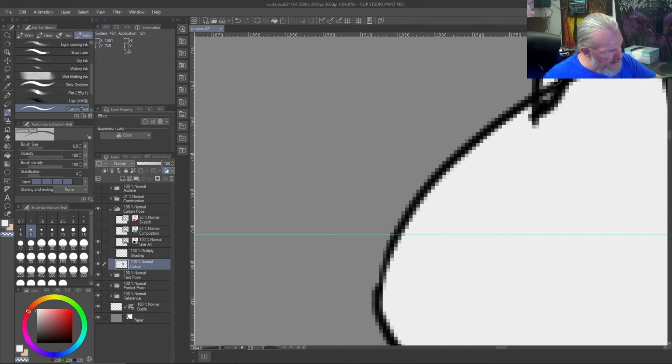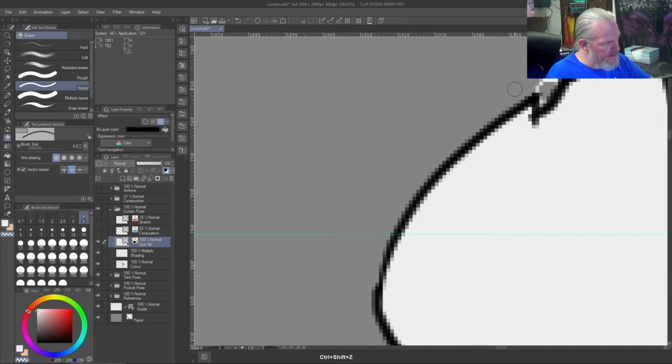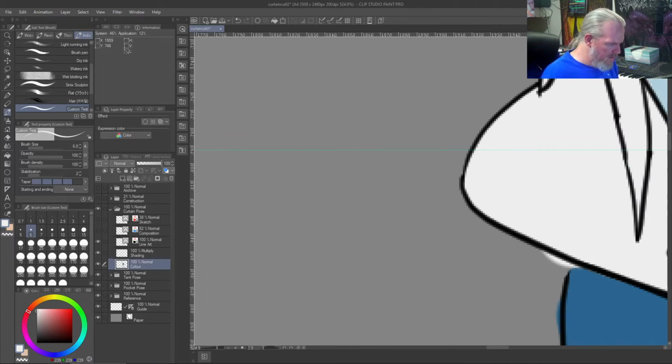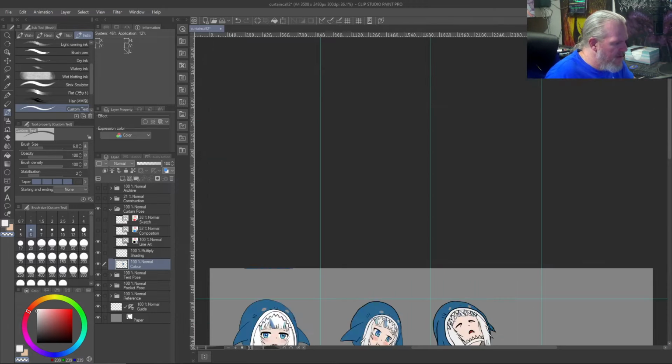Is that just, yeah, that's just a little messiness there. Color, brush. Clear out that spot right there. And then we'll back out and